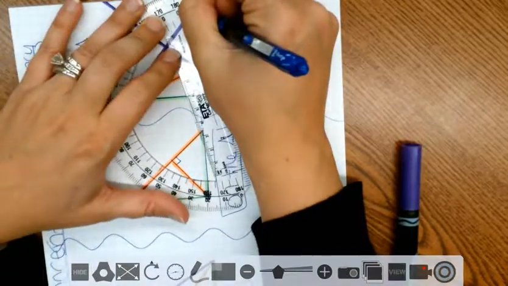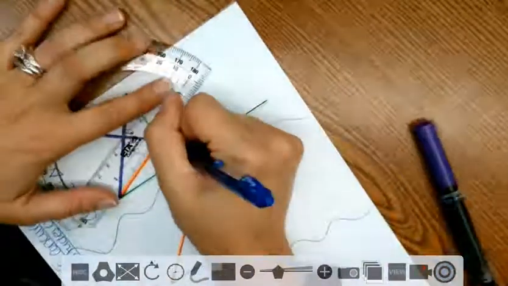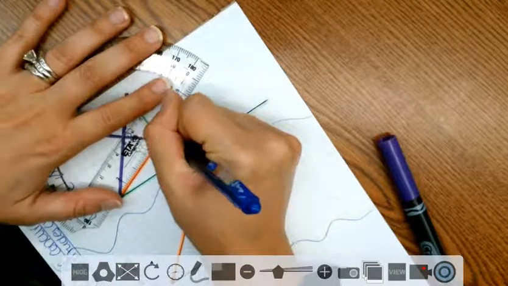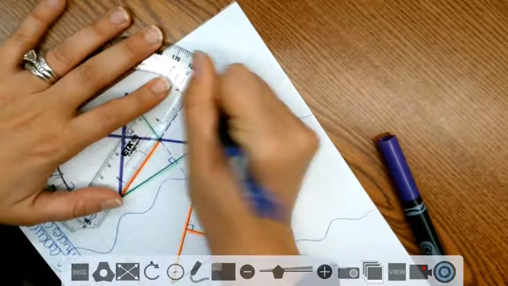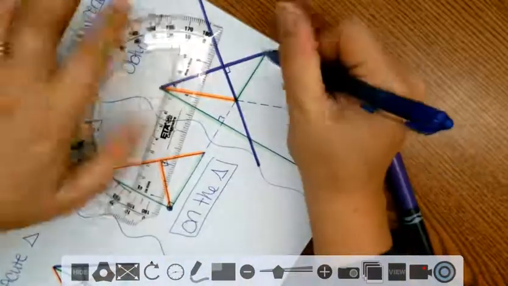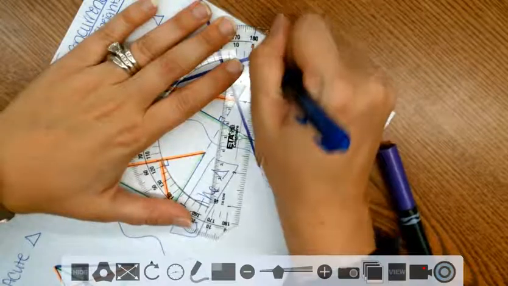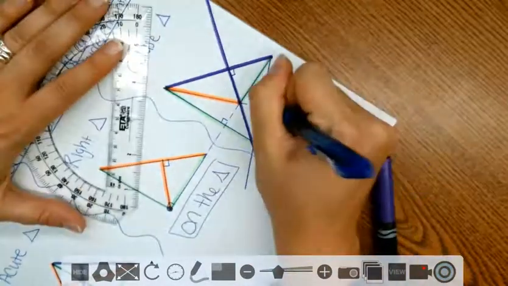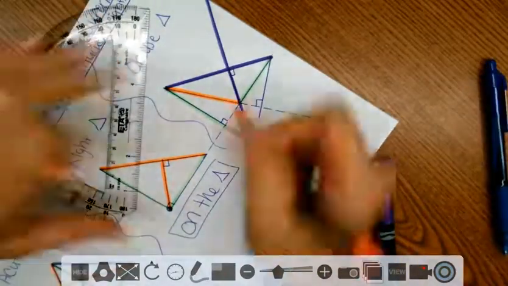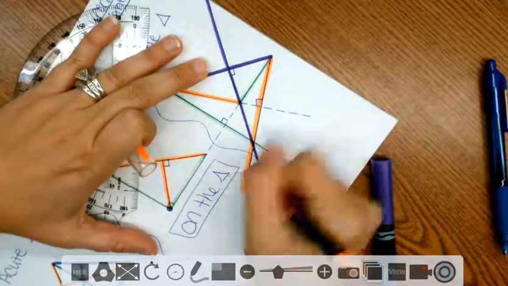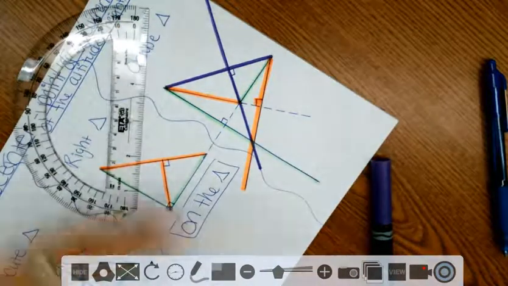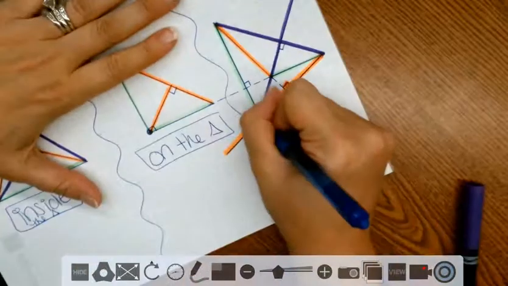So we're going to once again have to extend out. And it needs to be perpendicular. So this height is that one. So our orthocenter is